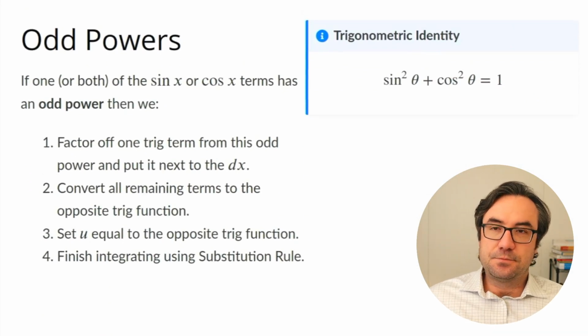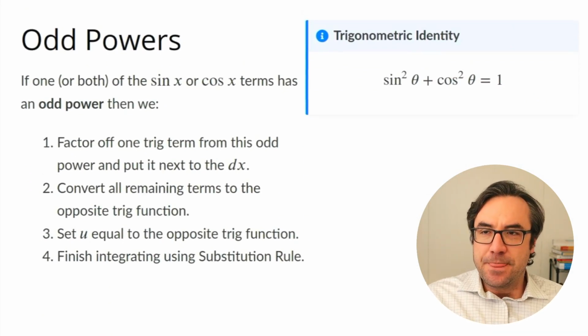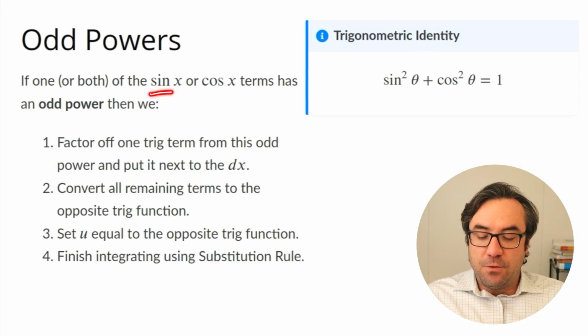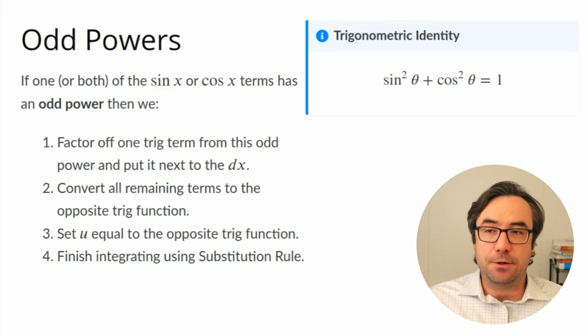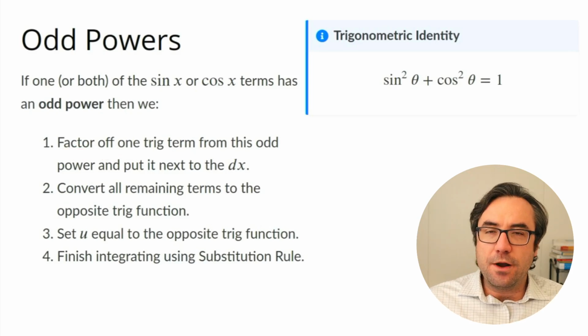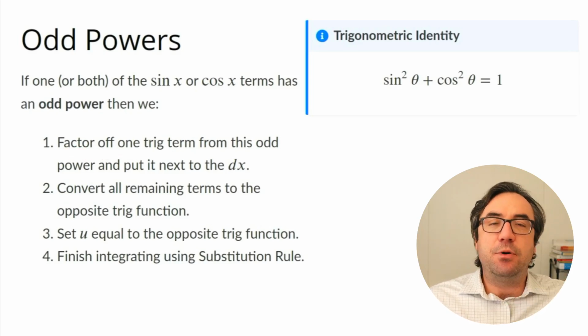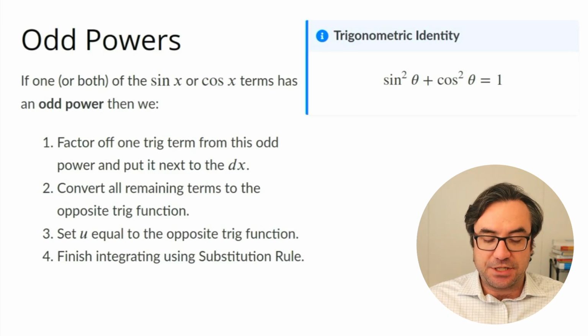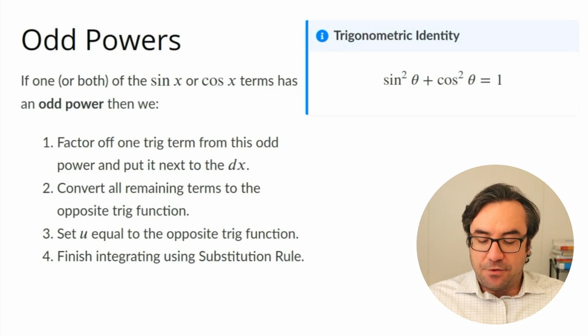Our strategy for how to do this is first we have to identify which of our trig terms has the odd power. And whichever one has the odd power, we're going to take one of them and factor off one of those trig pieces and put it next to our dx. That's going to be our first step. And from there,